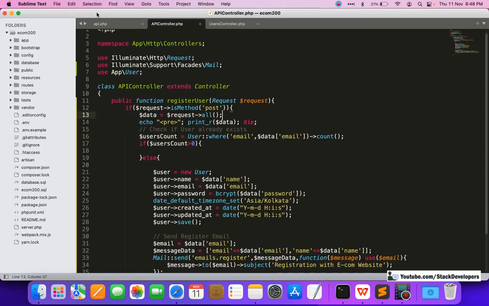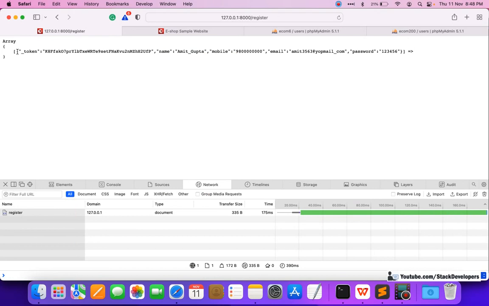Actually it is in a JSON encoded form, so we may require to decode this. Because it is coming in encoded form, it seems to be JSON data.